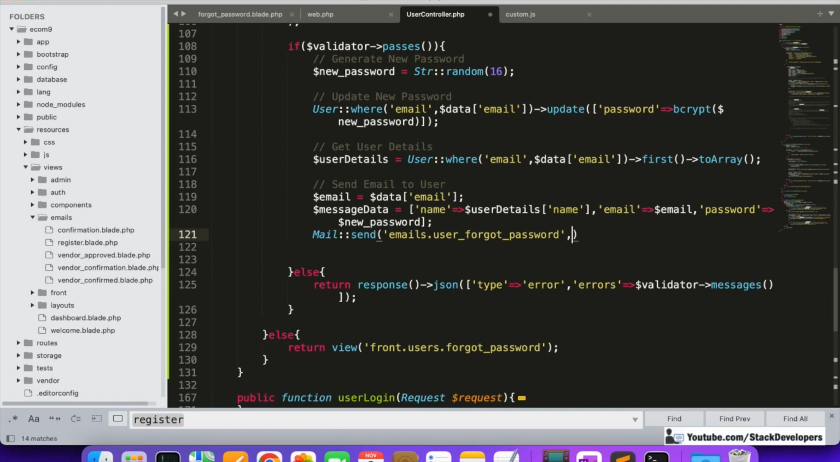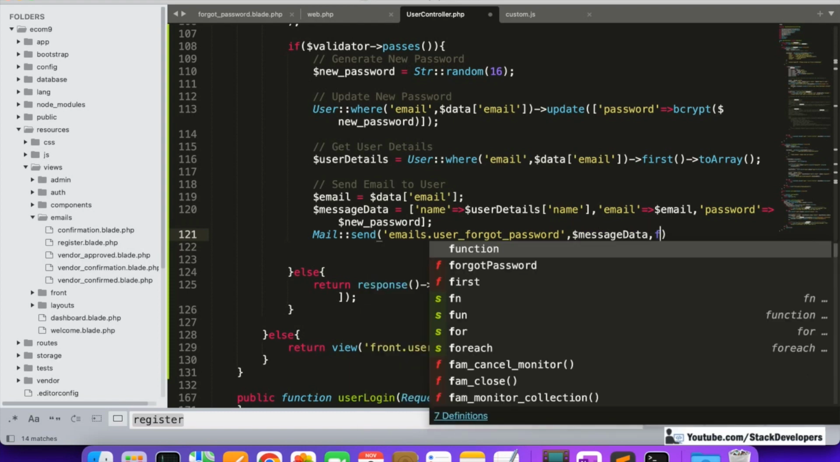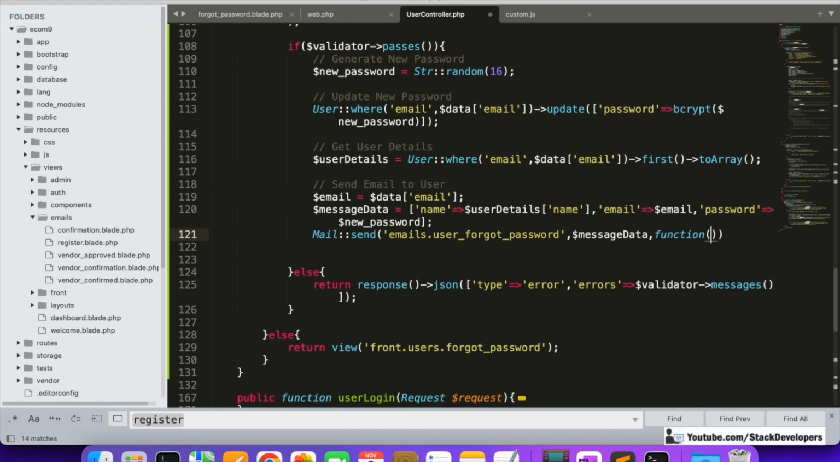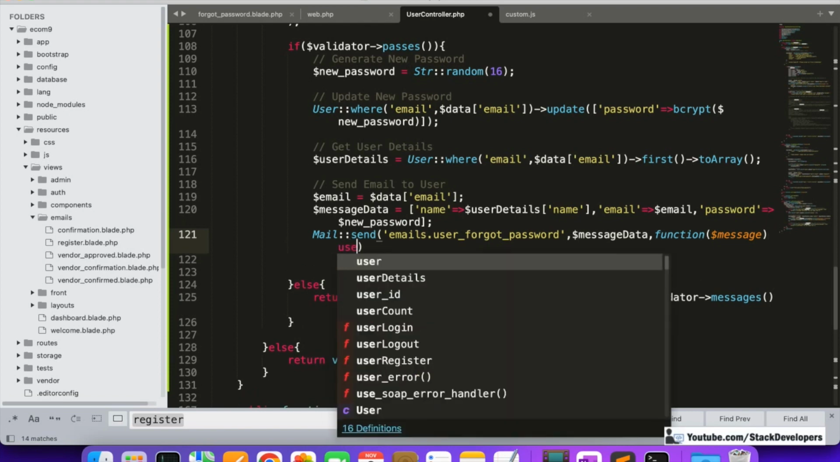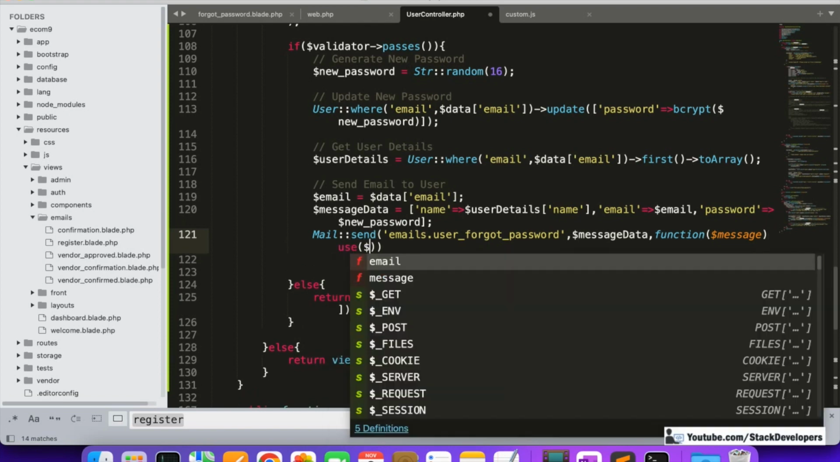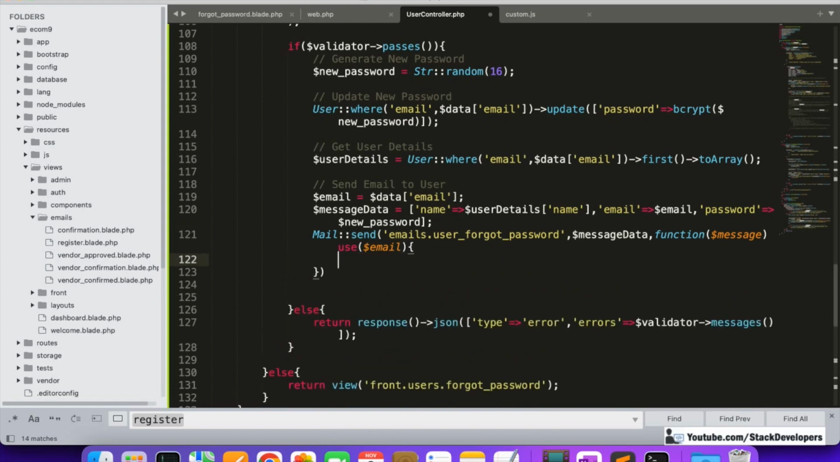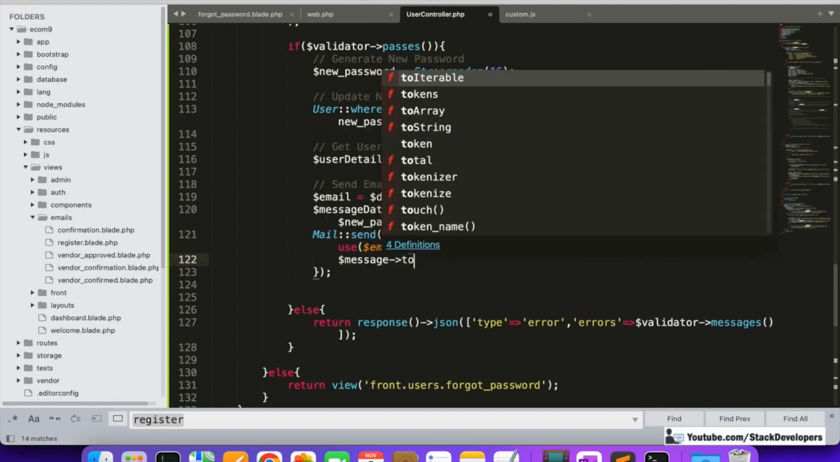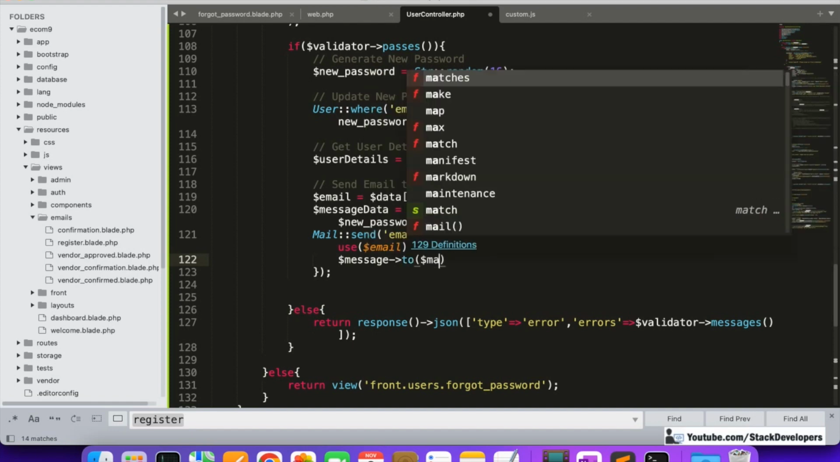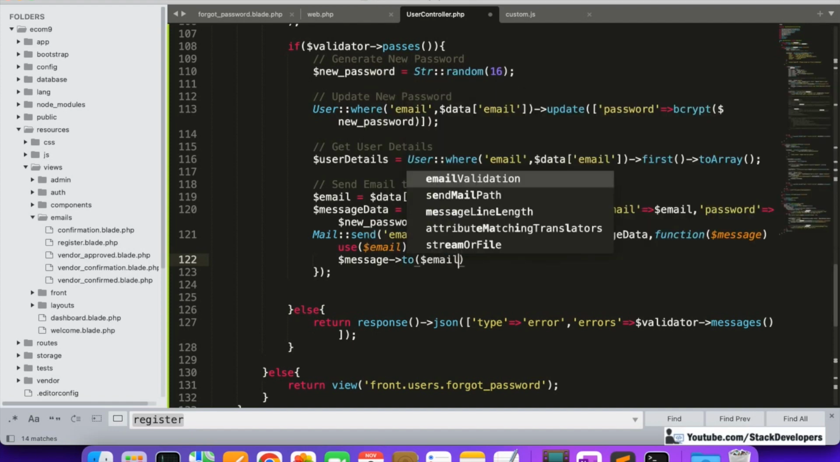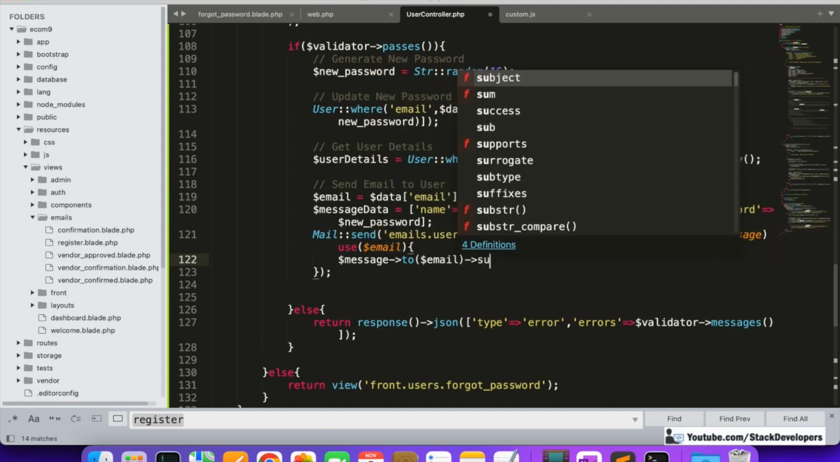So $data, and here function($message). This is the syntax for the email. We're going to use the $email. Okay, so here we are going to add $message, and to $email we will send the email to this email, user email, and with subject